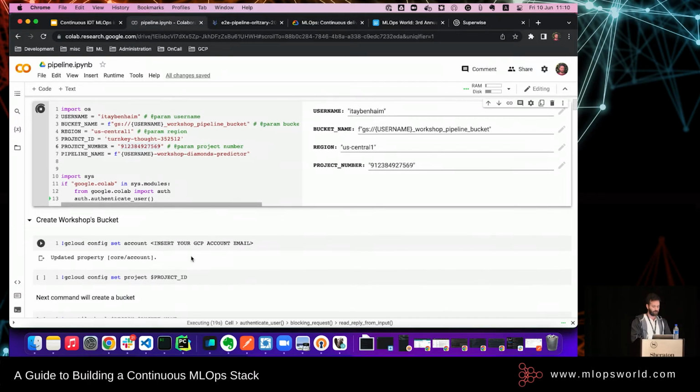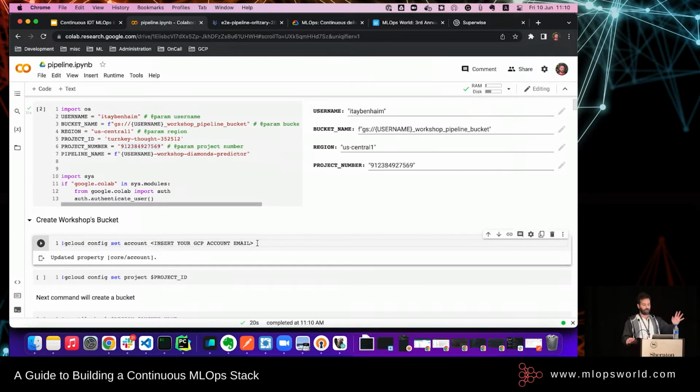And now we're going to run gcloud. Now, maybe a clarification. What happens with Google Colab is that Google is bringing up an instance, some pod that you can work on. It's a VM basically. So you have your own separate environment, and this is why we need to do all those definitions.